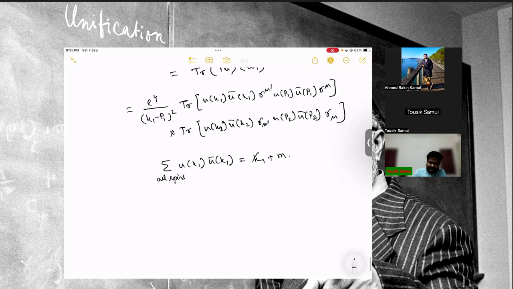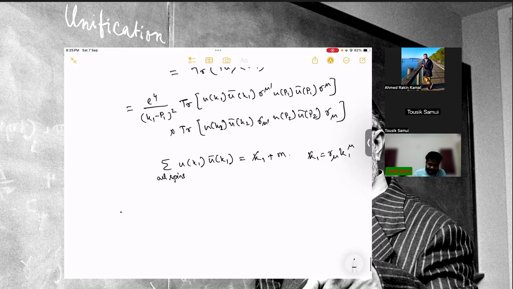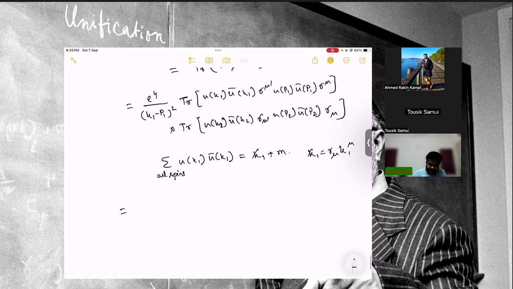Where k1 slash is nothing but gamma mu k1. And so the whole expression will become